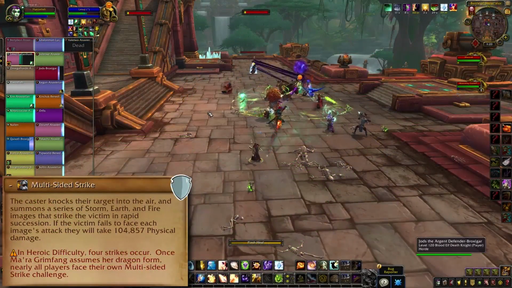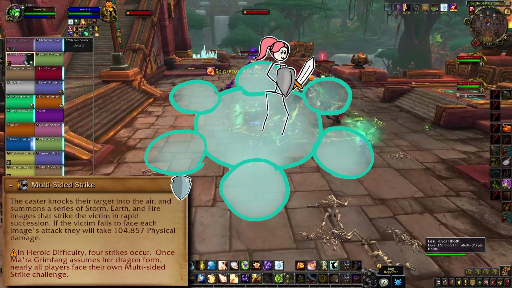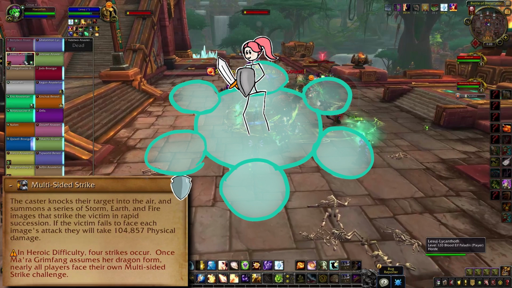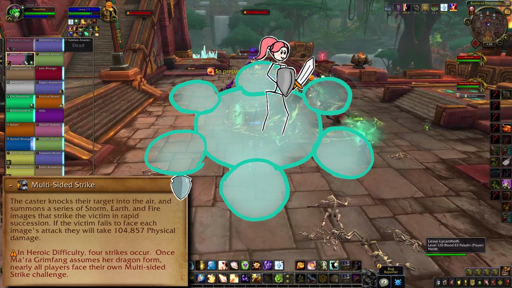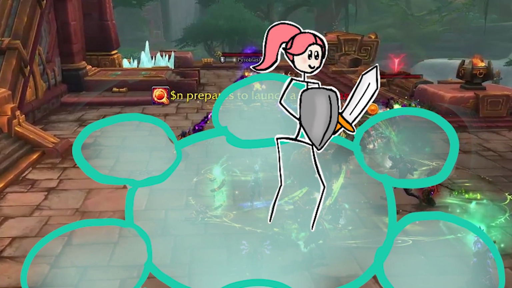She'll also kick her tank into the air for a multi-sided strike. You'll be in a big green pancake with 6 little mouse ear pancakes all around. One at a time, images will spawn in the little pancakes and then charge you. You want to turn your character to face each one, otherwise it's going to wreck you. If you're a stubbornly devoted keyboard turner, you're going to have a bad time. On Heroic and higher, everyone will need to learn this because it'll happen to more than just the tanks in